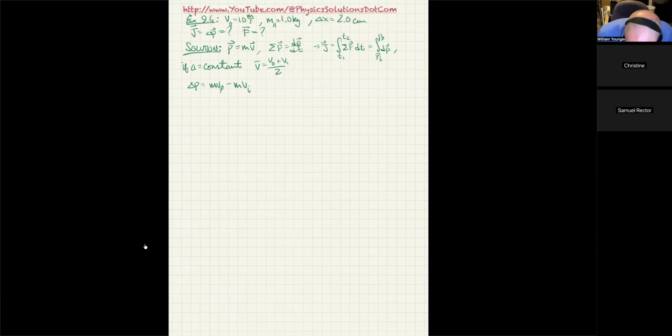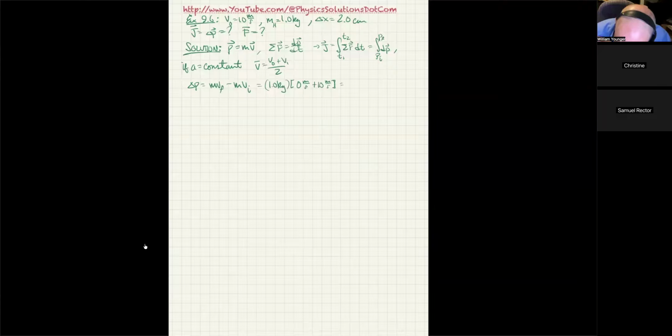So with this in mind, we're going to say this is equal to 1.0 kilograms. And rather than write the mass twice, I'm just going to factor that out and say the final velocity is going to be 0 meters per second because I'm imagining the hand hitting the top at that instant. It's going 10 meters per second. And then as it goes through the whole 2 centimeters of thickness of the board, it's going to reach a velocity of 0 meters per second. So that's why I wrote the final velocity 0 meters per second and the initial velocity is 10 meters per second.